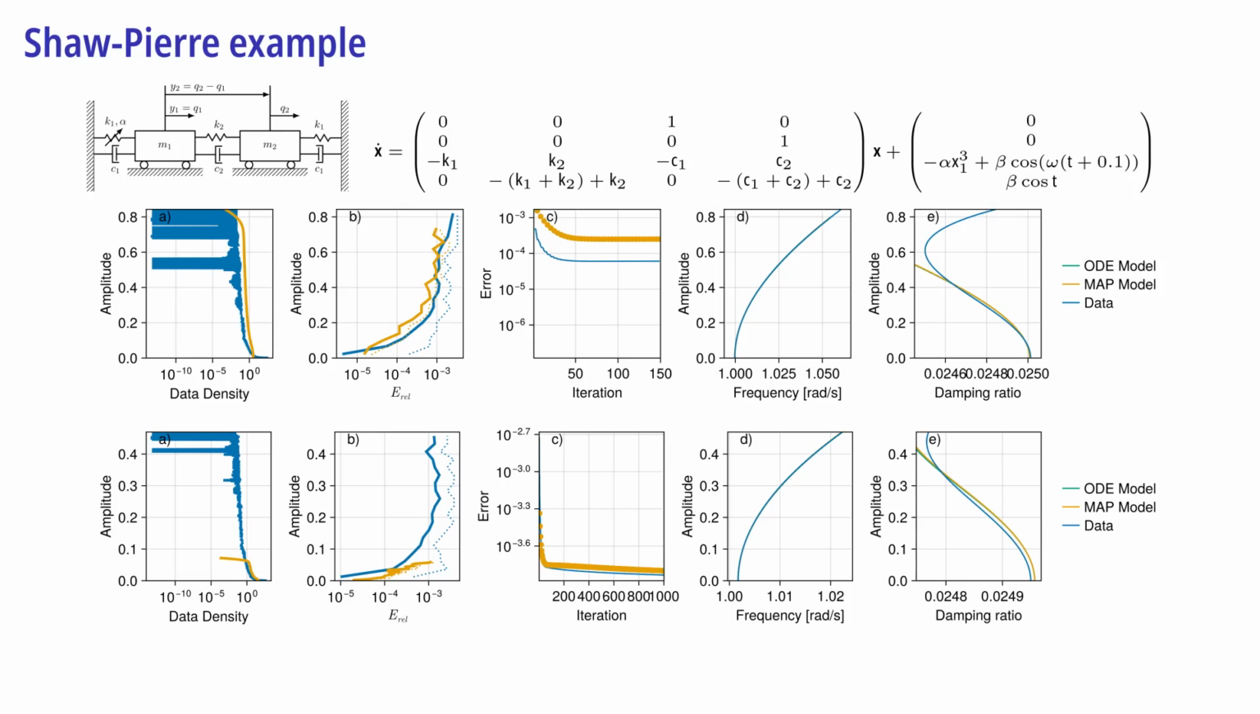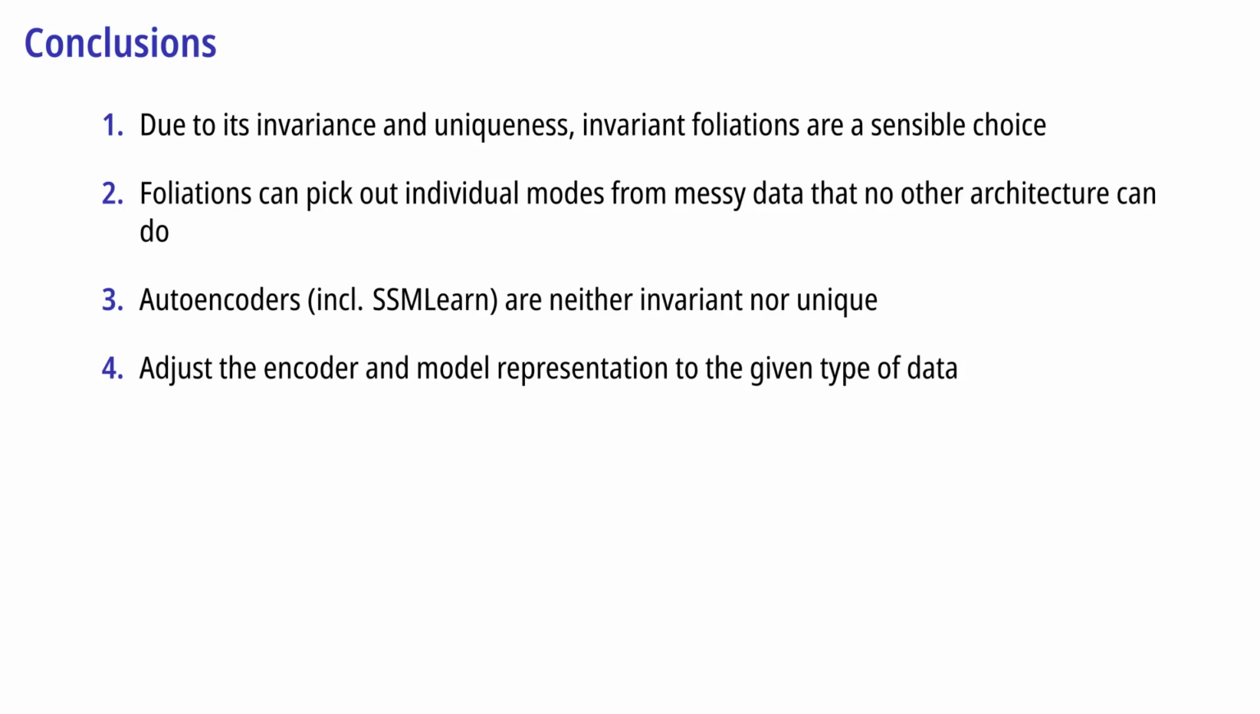The top diagram is the autonomous system, the bottom diagram is the forced system. The data-driven frequencies match up well with the direct numerical calculation, while the damping is more difficult to capture. Note that Bettini et al. do not display damping. In summary, we find that due to its invariance and uniqueness, invariant foliations are a sensible